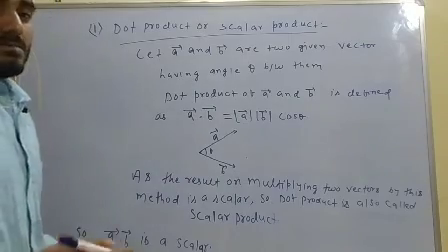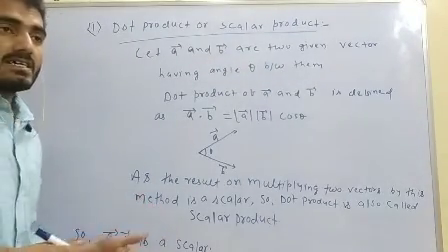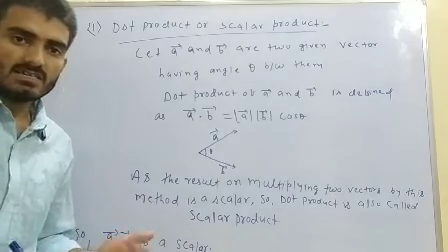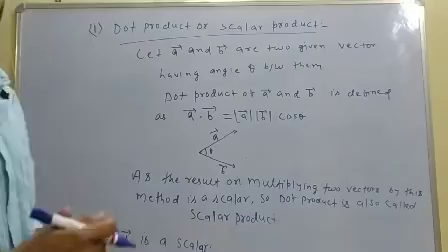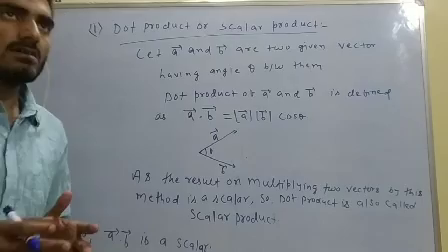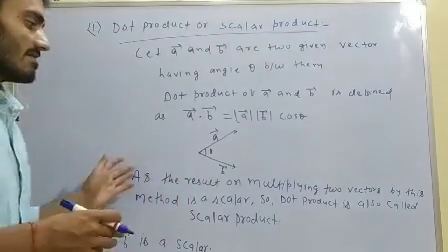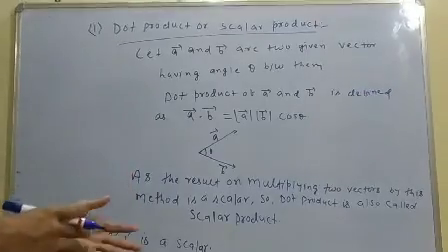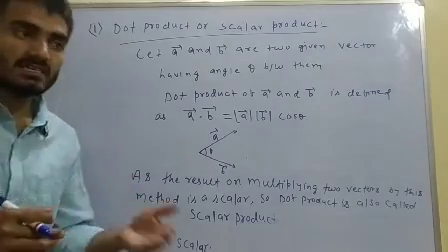The multiple of two vectors, or product of two vectors, may be a vector or may be a scalar, depending on the process of multiplying. When we multiply two vectors by dot, we get a scalar. When we multiply two vectors by cross, we get a new vector.